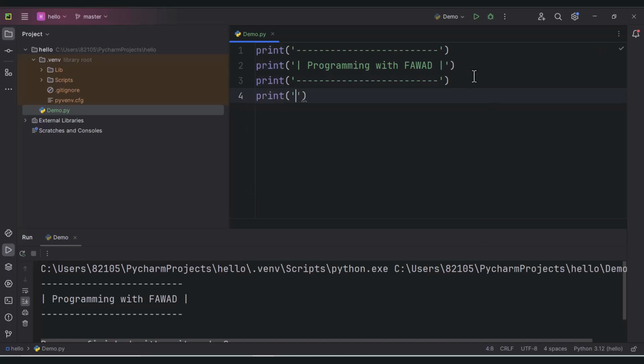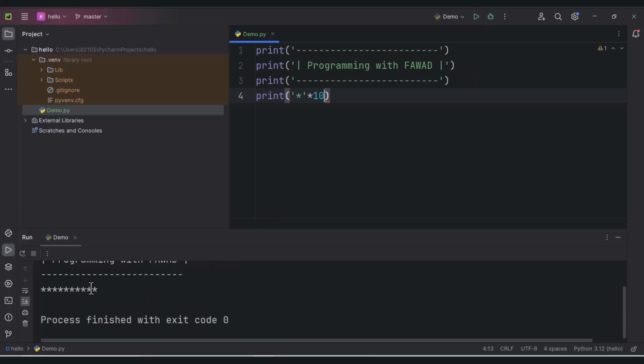Moreover, I can use a shortcut to display a character multiple times. For example, I have to display this asterisk 10 times. Then I will just write asterisk 10 outside the quotation. And you can see that this asterisk mark has been displayed 10 times. So the expression within these parentheses makes it easy for us to print special characters or a character for